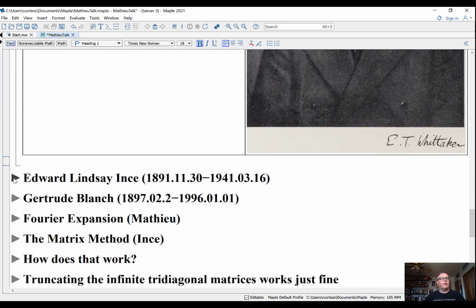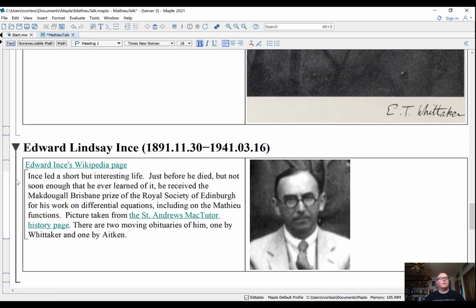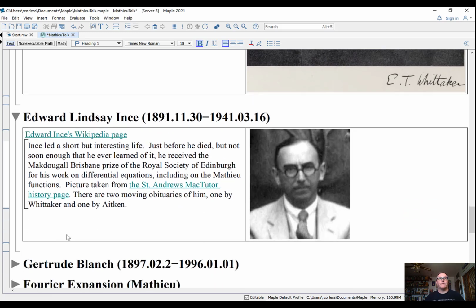Let's look at another figure in the history of Mathieu functions, Edward Ince. So again, if you're keeping score, up above, Whittaker lived for 83 years. But Ince only lived for 49. He led a short but interesting life. His biography is well worth reading, and so are the obituaries. There are two really moving obituaries of him, one by Whittaker, just up above, and one by A. C. Aitken. Aitken was a very famous numerical analyst,